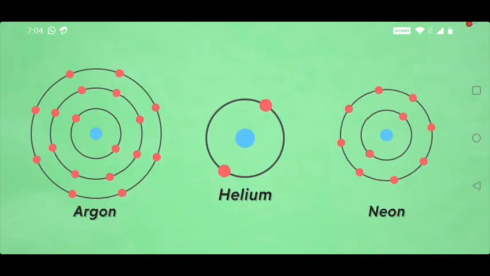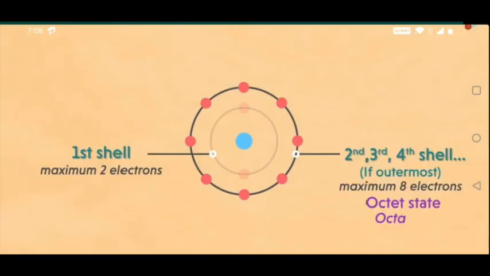That is the reason behind all the activity of other elements, that is metals, non-metals and metalloids, means elements other than noble gases. All the 6 noble gases have stable configuration. First, helium is having 2 electrons. Then neon, argon, krypton, xenon and radon are having 8 electrons, that is octet in their outermost shell.